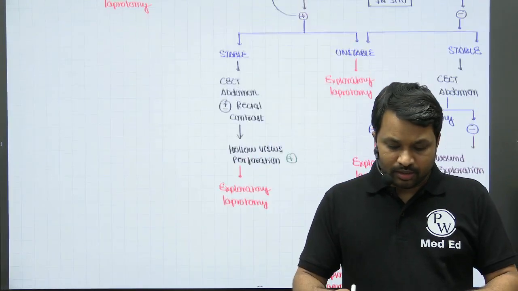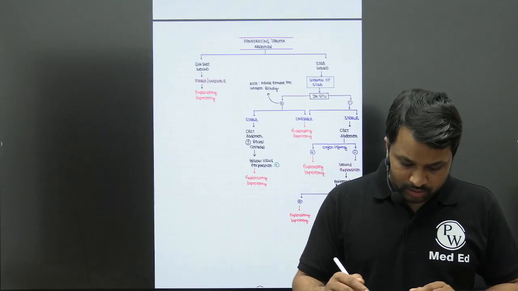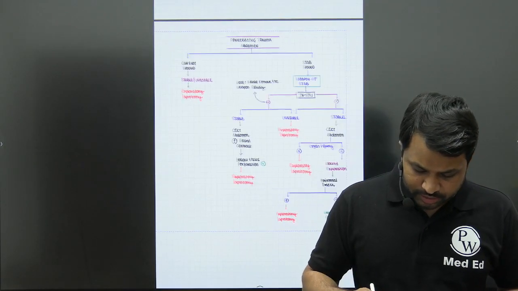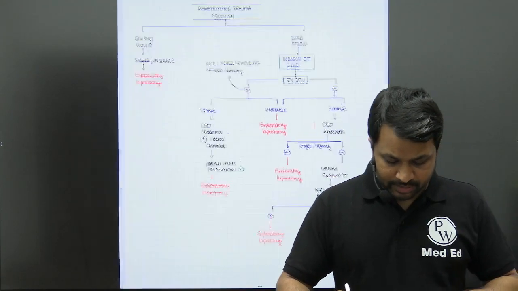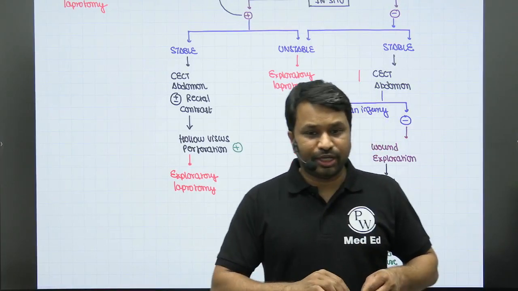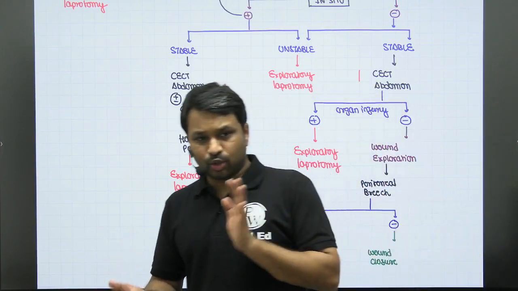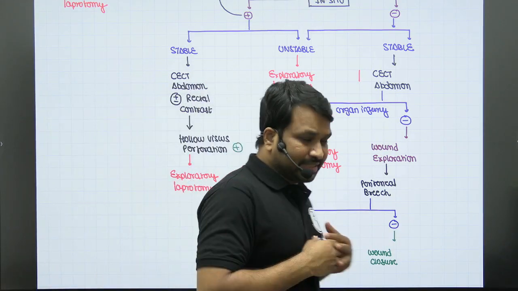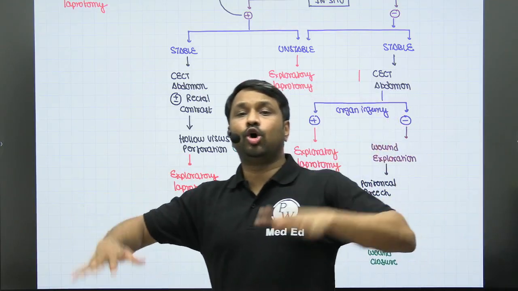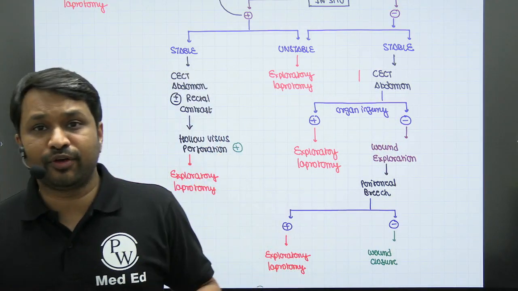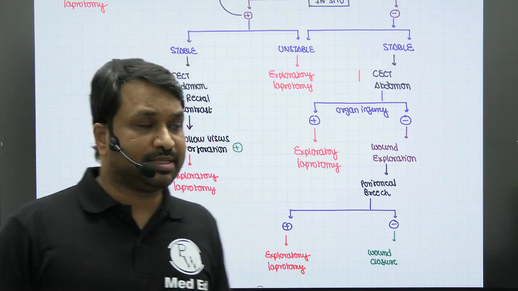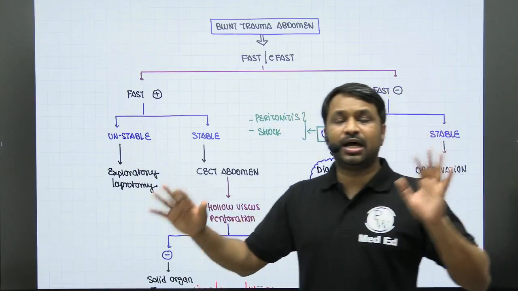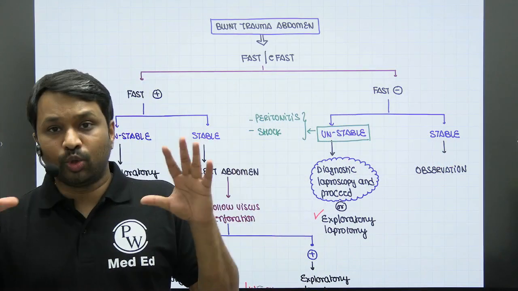Okay? So this is what you're going to look for in the management of penetrating abdominal injuries. I know initially it looks a little bit confusing because where to do a laparotomy, where to do a serial examination, where to do a wound exploration, all these are there, but this is the framework of your abdominal trauma. So even if you're working in a casualty, even if you're working in an emergency, if a patient comes to you with blunt trauma abdomen and penetrating trauma abdomen, these are universal protocols. You cannot afford to miss on it.